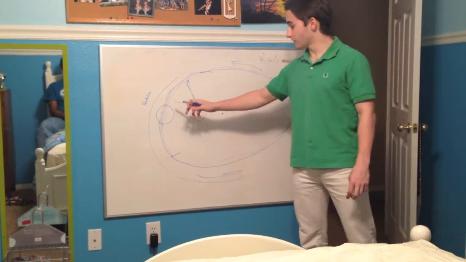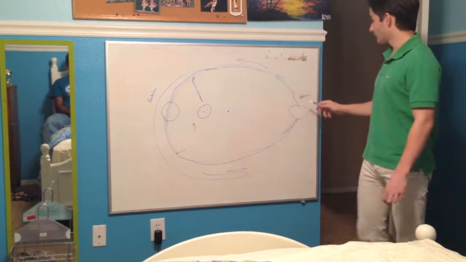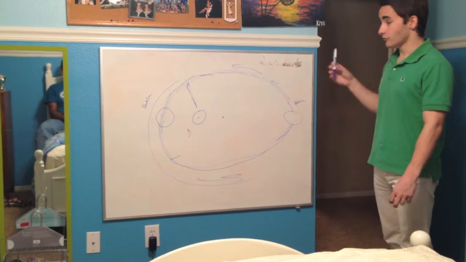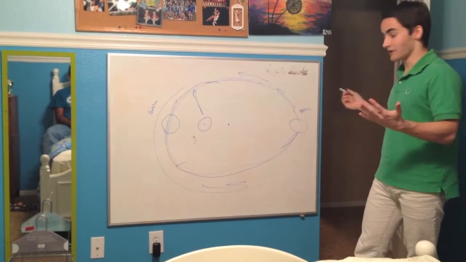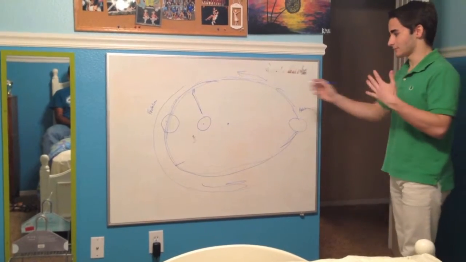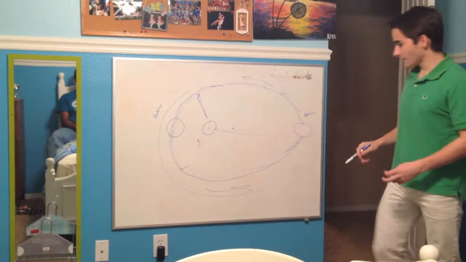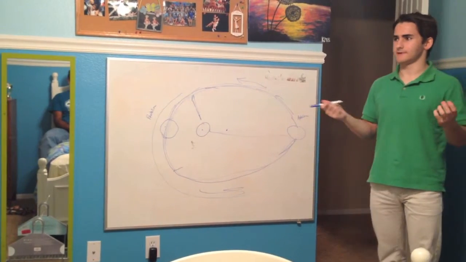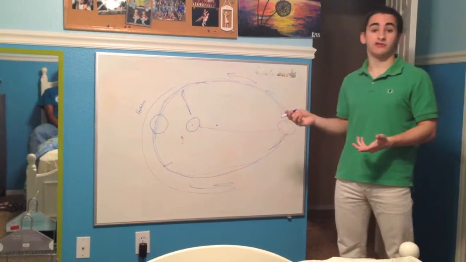When the Earth is closest to the Sun, that's known as the perihelion position. When the Earth is farthest from the Sun, that's called the aphelion position. Now, don't be fooled by how this diagram looks. It's not actually this big of a difference between the distances from the Sun here and the Sun here. While there is a difference, it's too negligible for us to actually notice any changes in our weather.